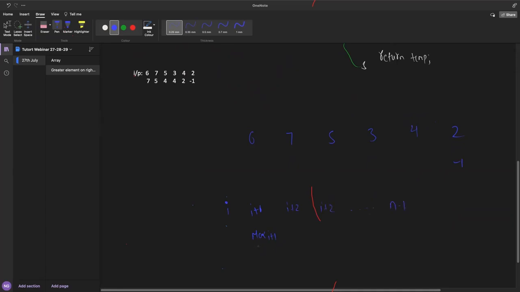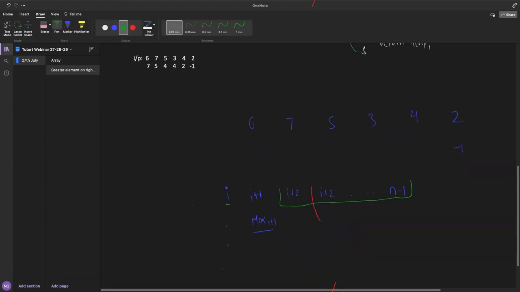Okay. Means this maximum of I plus 1 is nothing but the maximum of this much elements. The only thing is, for I, you want to calculate the maximum, you have not just compared these two, otherwise you have everything in here. If you just compare these two, it will tell you what is the maximum element among all these elements, because you already know the maximum element in this. You just need to compare with the I plus 1.